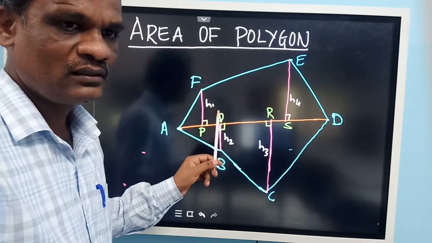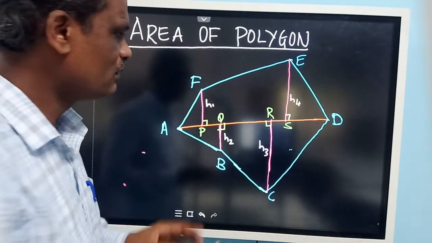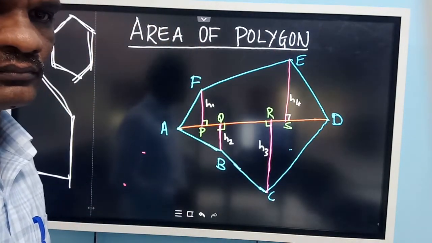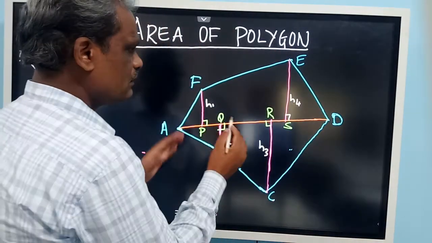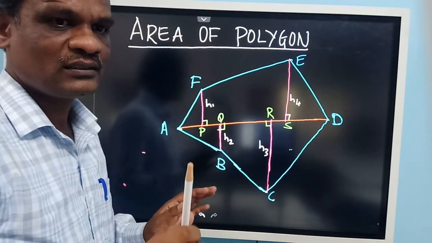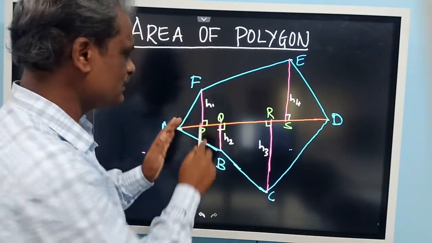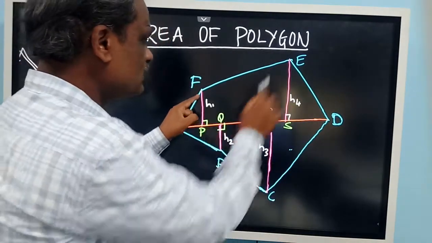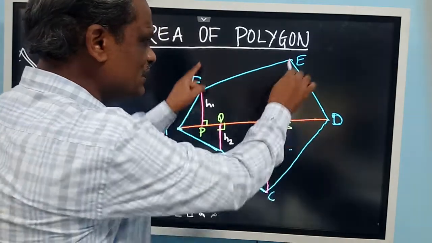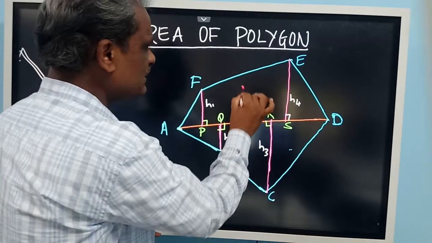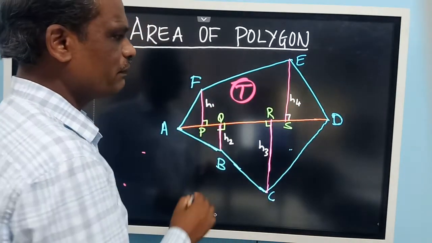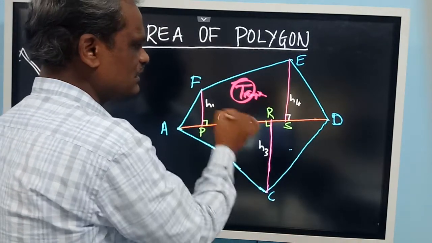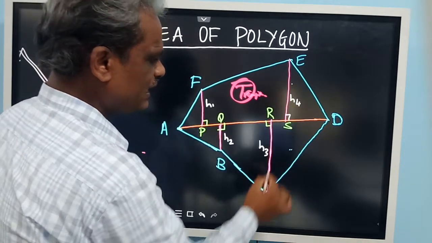In a quadrilateral, it is having one special property. These two sides, look at this, whether these two are parallel or not. Trapezium. Because it is a trapezium, since these two are perpendicular to the same line. These two are perpendicular to the same line, which means these two must be parallel. So therefore this is a trapezium.